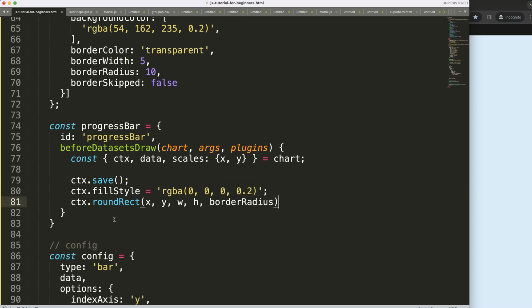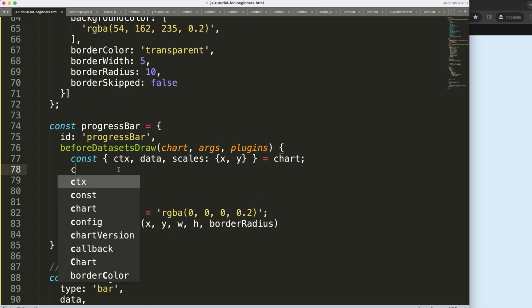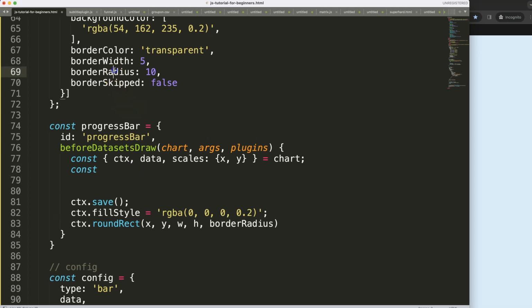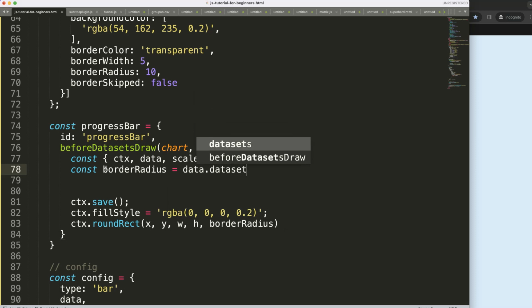So the border radius, I guess that is probably 10, or, well, we have to see on that one, but for now, I'm just going to grab this border radius here by using the data object. So we're going to say constant, and I'm going to say borderRadius will be equal to datasets